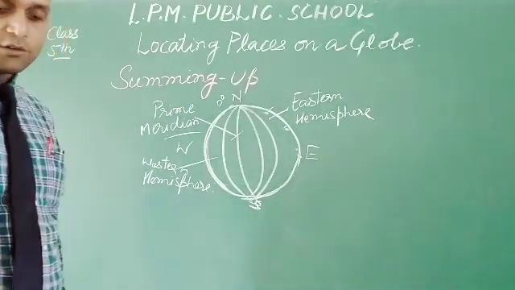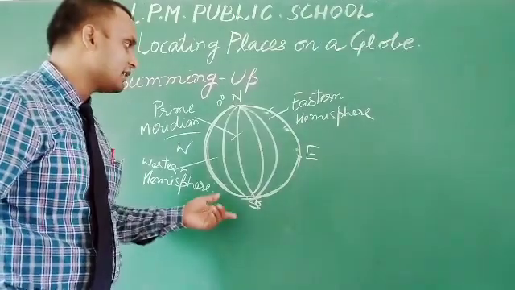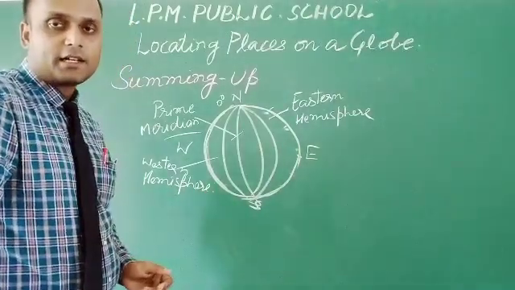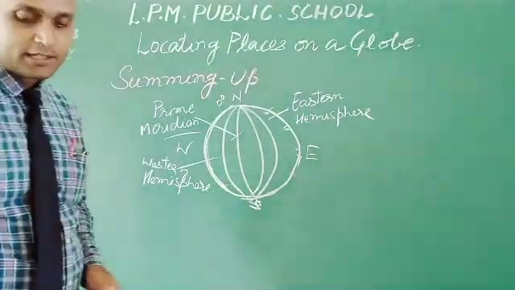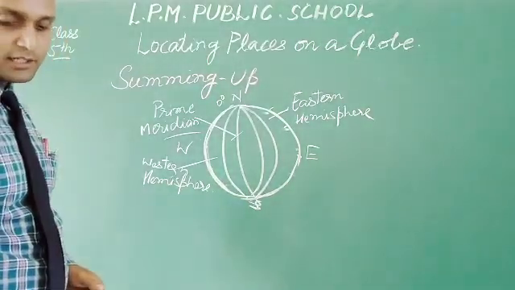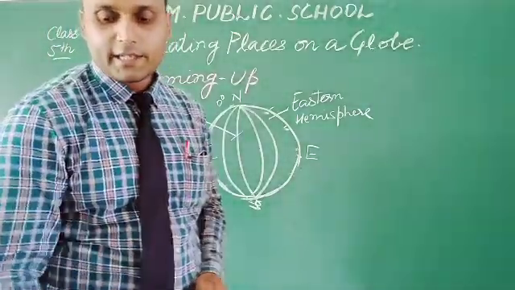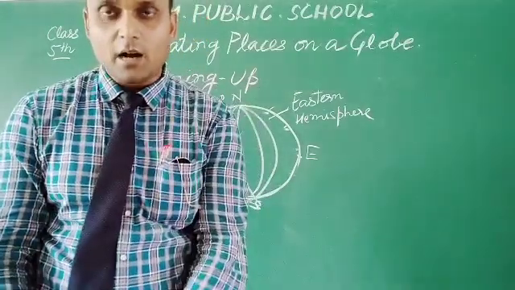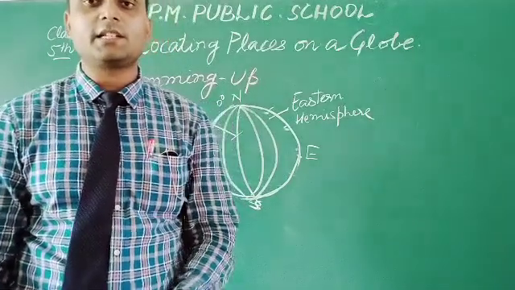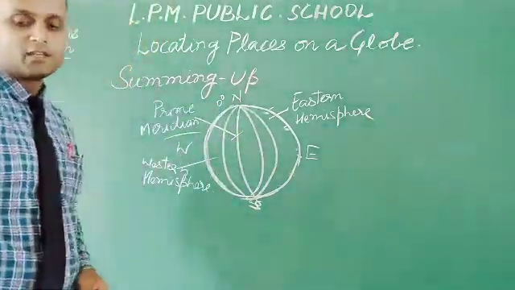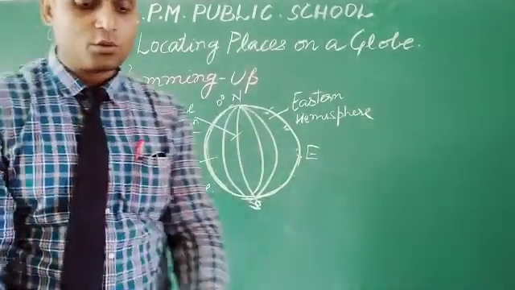Now the lines of latitude and longitude cross each other to form the global grid. This point we addressed just before this, how we are locating places on a globe with the help of the global grid. The global grid is used to find the exact location of a place. Hope you got each and every point exactly how I wanted to tell you. Now you are supposed to mention each and every point in your rough copy, as well as complete your fair work which is being provided by the school.